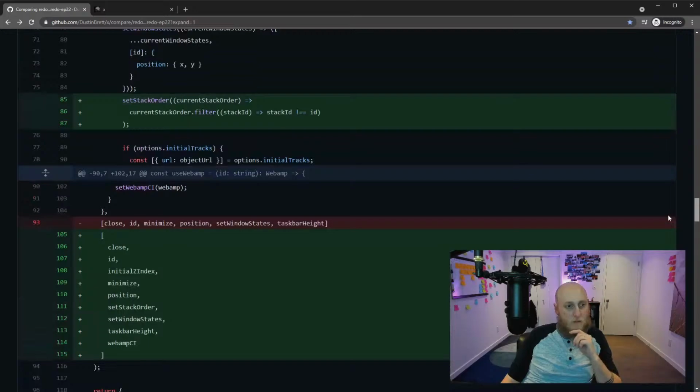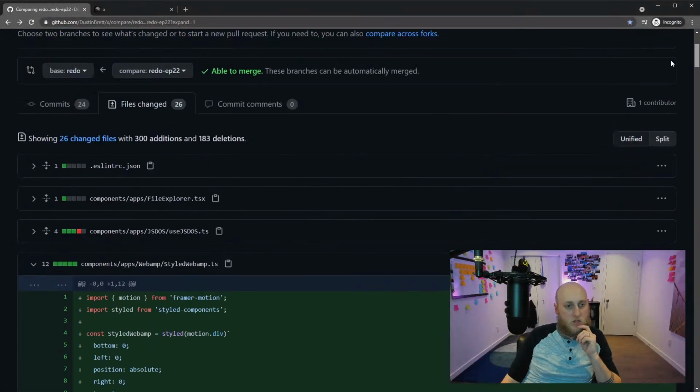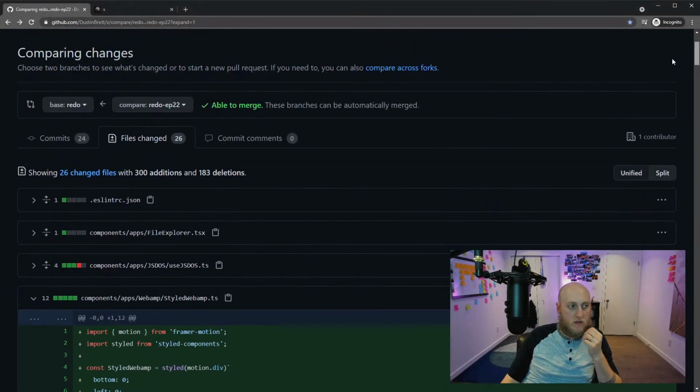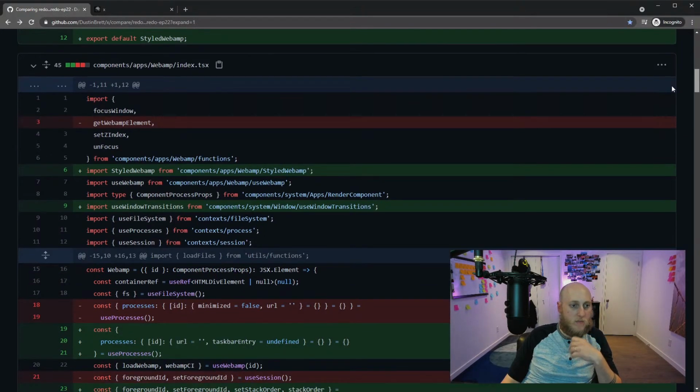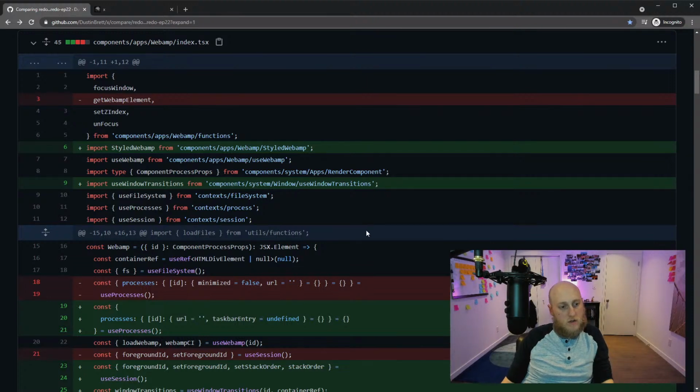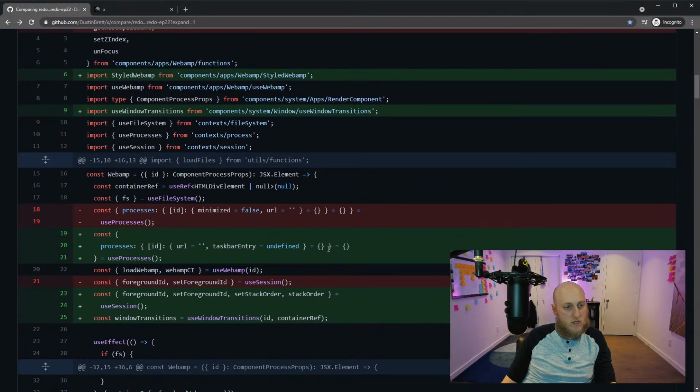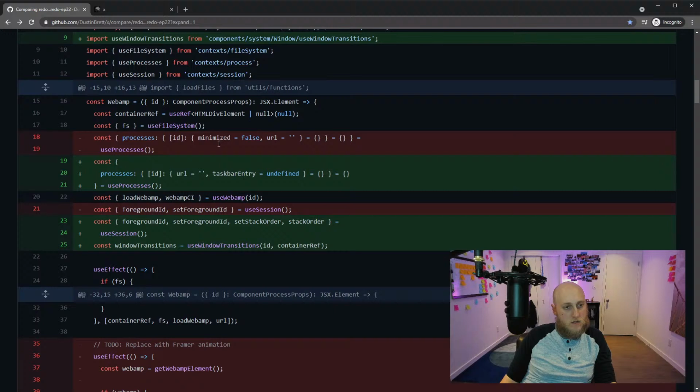I think we'll do the Webamp part first because I haven't finished the start menu. We're gonna do what we've got, but it's not enough basically. As far as issues with Webamp, there's a bunch of them. Let's look through the refactoring here and see what I did. I just reorganized alphabetically. I got rid of minimized.